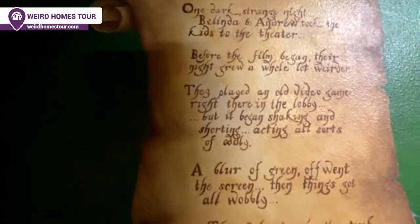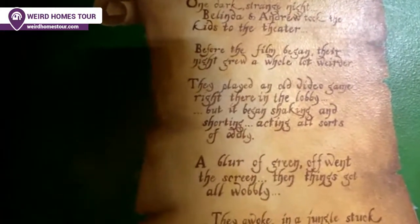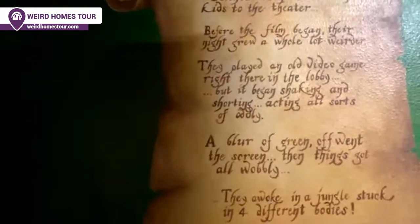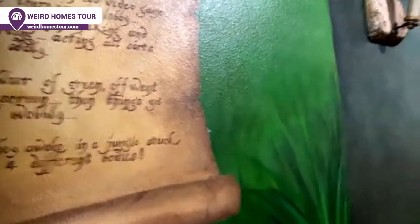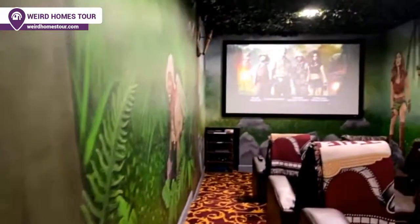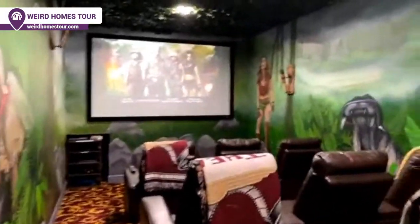That's my wife and I. Before the film began, their night grew a whole lot weirder. They played an old video game right there in the lobby, but it began shaking and shorting, acting all sorts of oddly. A blur of green, and off went the screen. Then things got all wobbly. They awoke in a jungle stuck in 4 different bodies, which is pretty much a mirror of what happens in